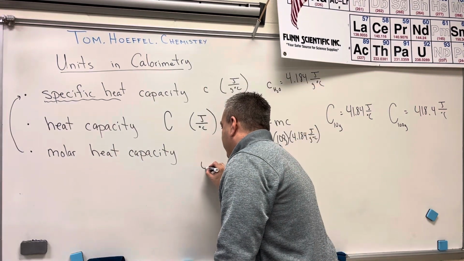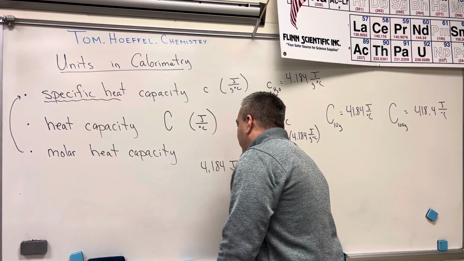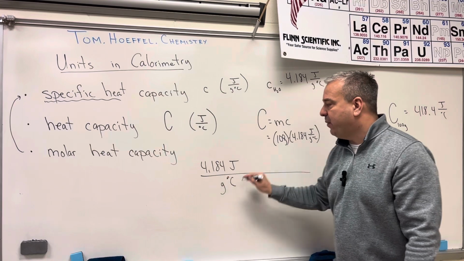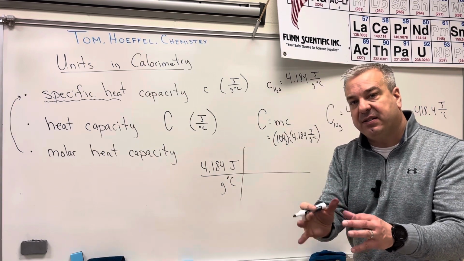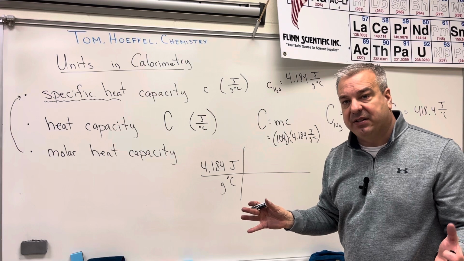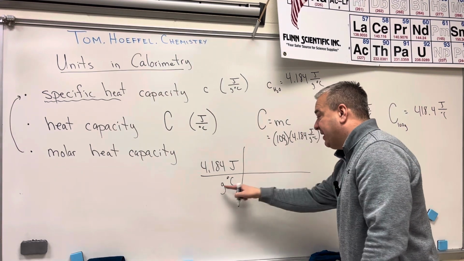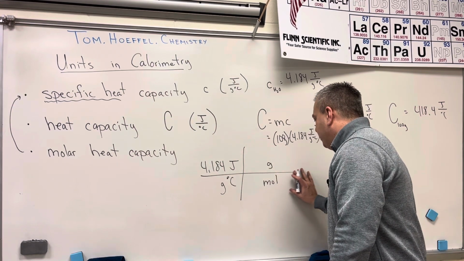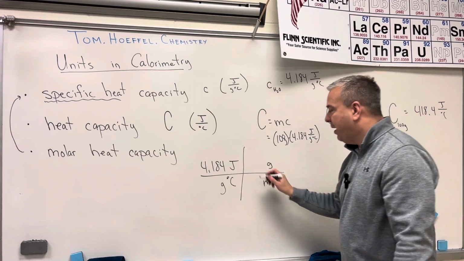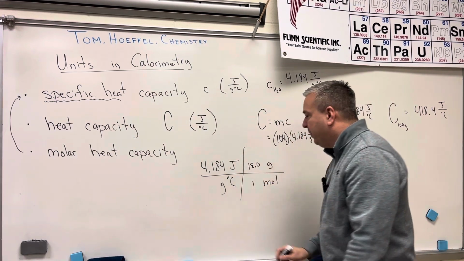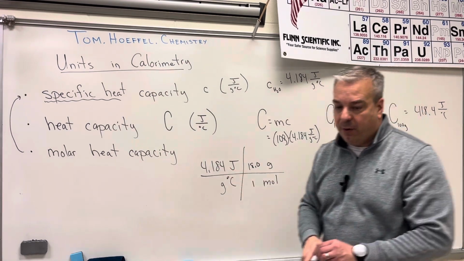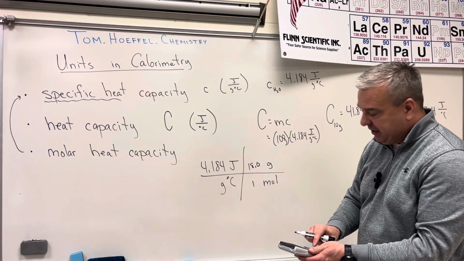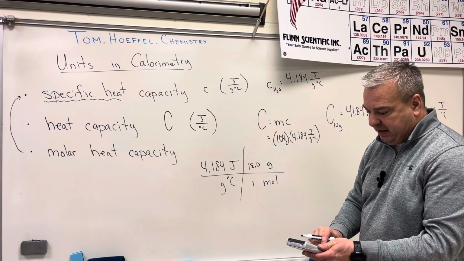So if we had this value of 4.184 joules per gram degrees Celsius, okay? This is a specific heat of water, and I wanted to put it on a per mole basis, all I would do is a little bit of dimensional analysis. I want to cancel out the gram, so it's on the bottom. So if I want to cancel it out, I'm going to put it on the top. And I want to put it on a per mole basis. So all I'm going to do is use the molar mass of water, which is 18 grams per mole. And when I take 4.184 and multiply it by 18, let me do that really quick. 4.184 times 18 tells me that this equals